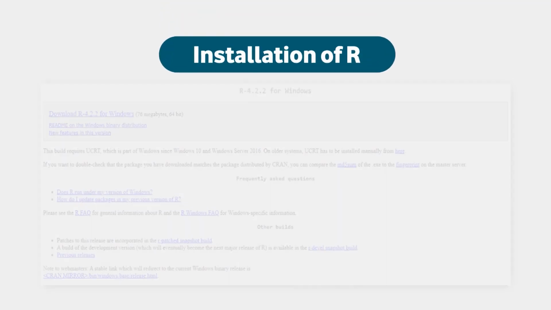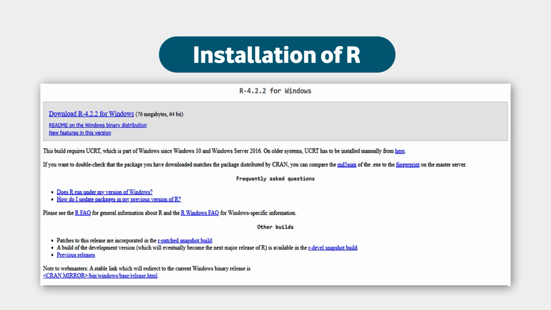So you can directly use R as an environment, or you can use something called RStudio. If you want to directly use the R interpreter, you can download it. Simply download it from the website. Simply write